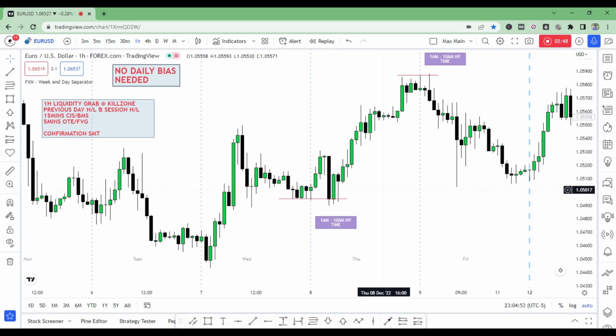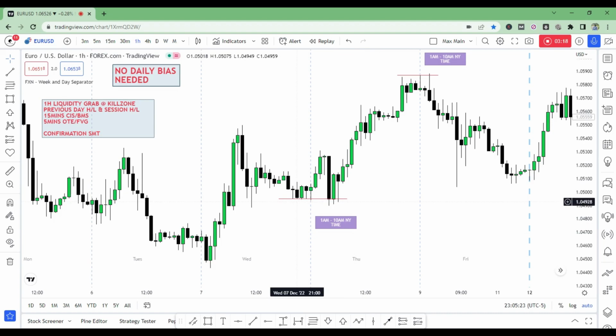So just kindly go and check out what the sessions are. Essentially, what he talks about is New York time starting from 2 a.m. to 5 a.m. That's the London Open session, and then starting from 8 a.m. to about 11 a.m. That's the New York Open session. Those are the two kill zone times that we're going to be looking at, and I prefer to look at the entire period between 1 a.m. to 10 a.m. to find this setup.